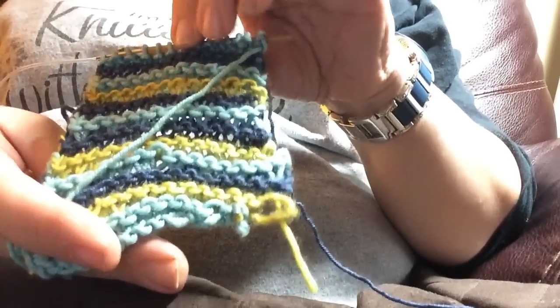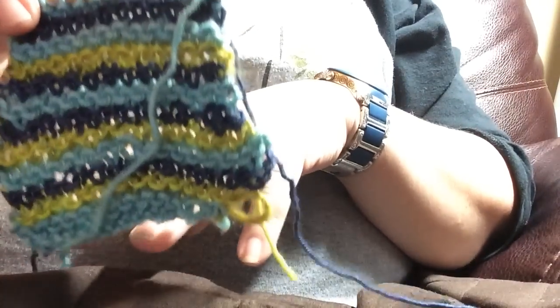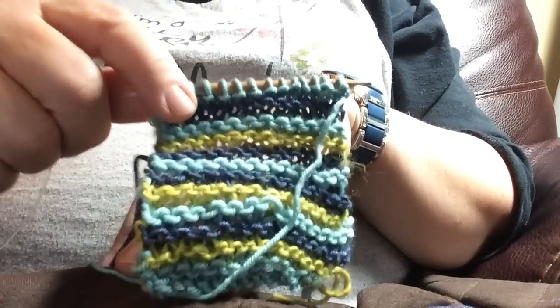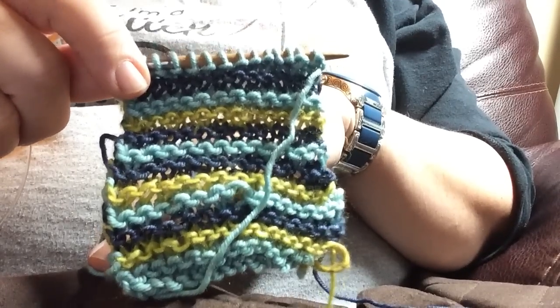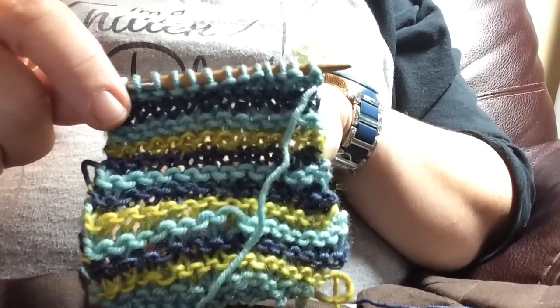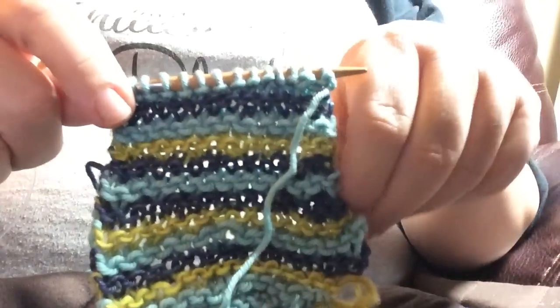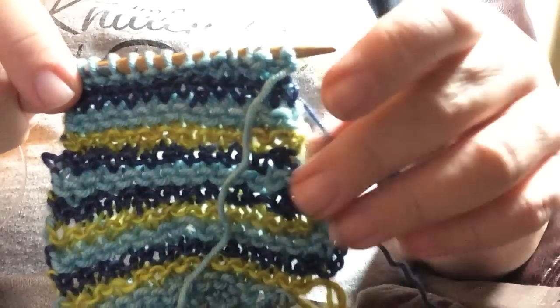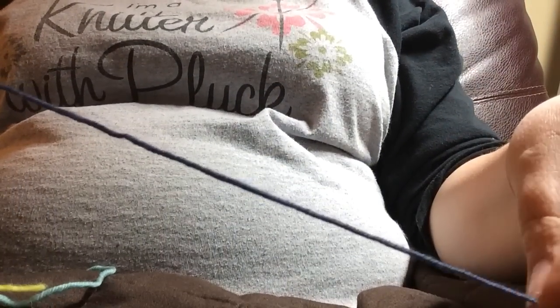I've got a nice swatch going because I have tried to tape this several different times and upload it to YouTube and it isn't working properly. So I'm going to divide this into English style and then do a separate video for continental style. So we're going to start with English style because I think that's how many of you who asked me to do this knit. So I am going to weave in this tail of the dark blue yarn that I cut,